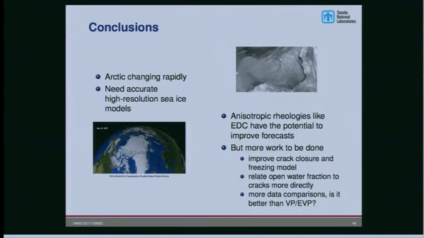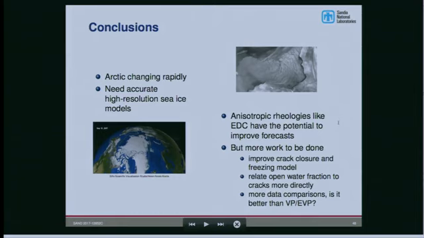So I'll go ahead and conclude now. The Arctic is changing rapidly, and so we need these high-resolution sea ice models. We want to do predictions, and not so from the scale of days all the way to years and decades for the climate. It's not entirely clear that the same model would be good for going from all those time resolutions, but it's ideal to get something that would be.